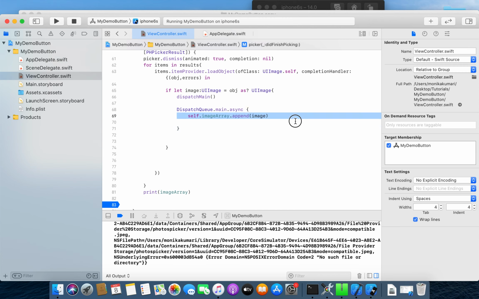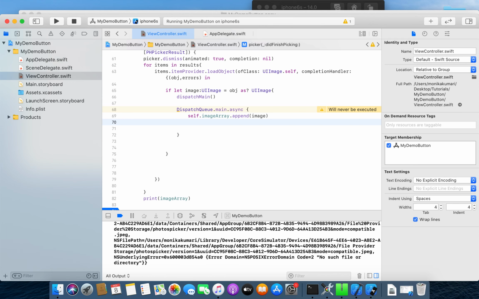So our array will be appended on the main thread, and the collection view or the UI will be updated over here.